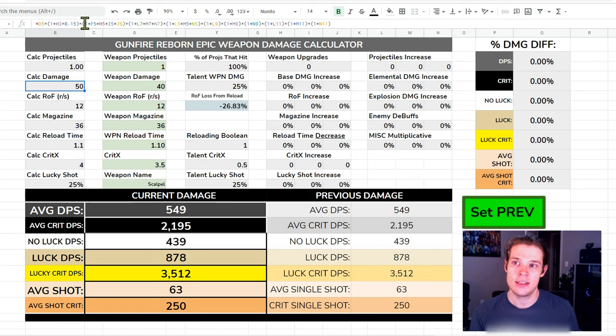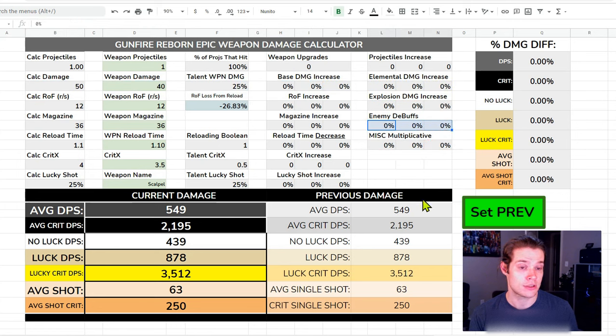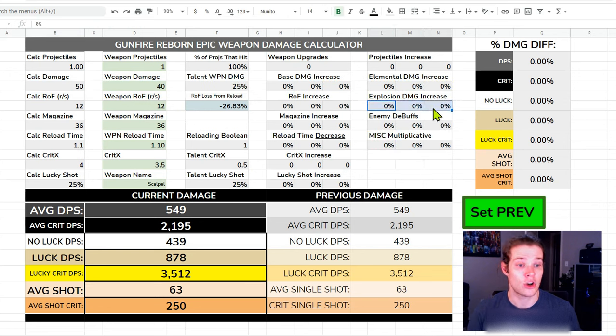Notice that these strings of calculations that are all grouped like this, that's a bucket. Those are the additive damage buckets, and these ones here are the multiplicative damage buckets. If I click this, these are all enemy debuffs, which are multiplicative with each other. But conversely, if I click here, this goes to N7. Here, explosion damage increases all go into the same bucket, and so they're additive with each other for the most